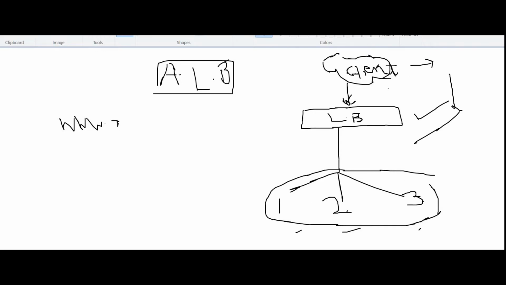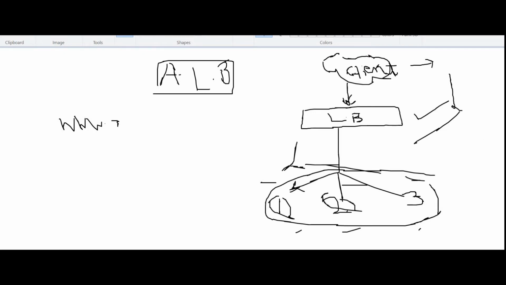So what is the role of the load balancer? Its role is to distribute the traffic to the backend virtual machines. There may be 10,000, 20,000 users hitting the same URL, right? So all the traffic will not go only to a single machine. The entire traffic will be distributed to all these three virtual machines so that no machine will be overloaded with the traffic. This is the function of the load balancer, to distribute the traffic evenly on the backend virtual machines.